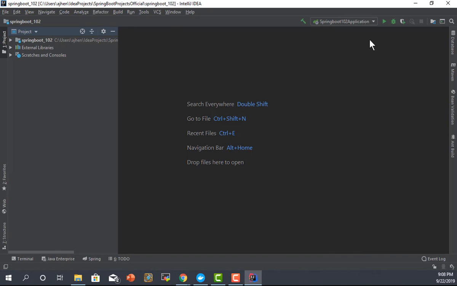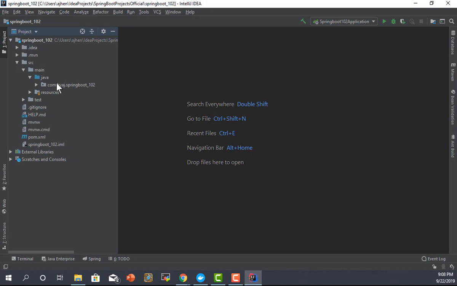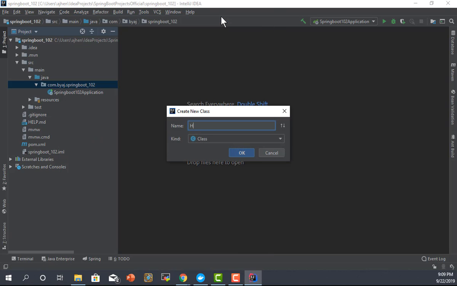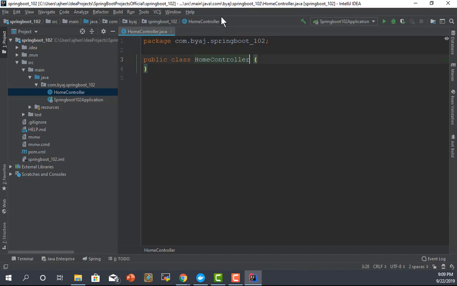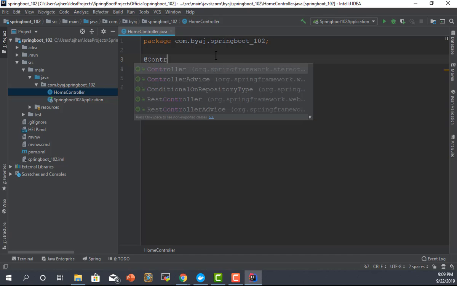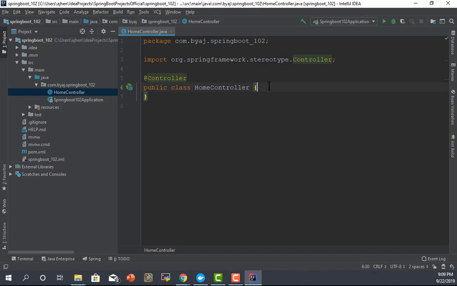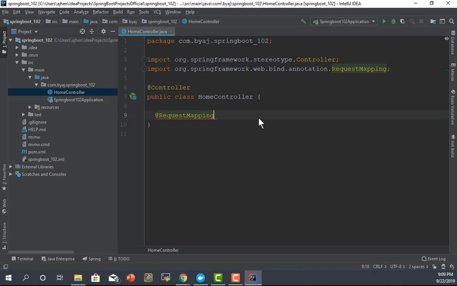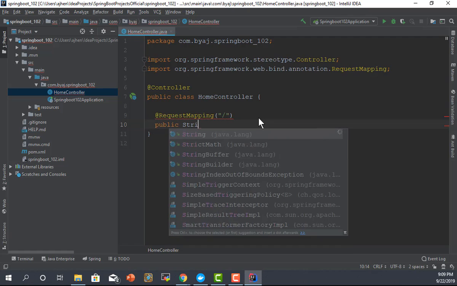Let everything finish loading. And we're going to go to our package and right click and say New Class to create our home controller. And inside of here, we're going to edit this to look like so. @Controller, bring in my imports, @RequestMapping. This is the request mapping for our root path. Public String